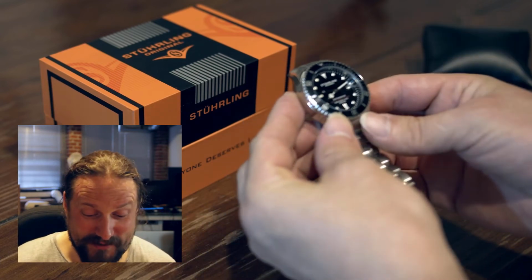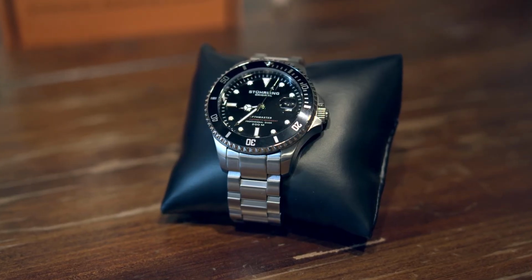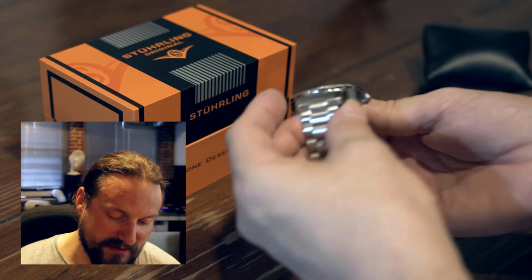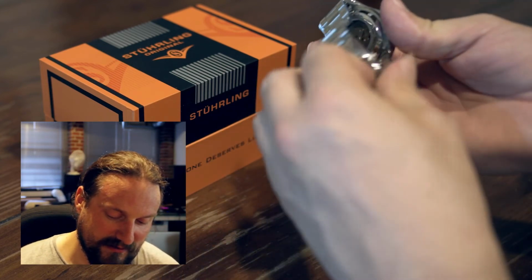So the point is, it is eye-catching. It has that sort of Rolex look about it, of course, which it's capitalizing on very nicely. It's a bit of a chunky old beast, but at the same time, a lot of professional divers have this particular thickness. And as you can see here, actually, I'll just undo this again so you can see,